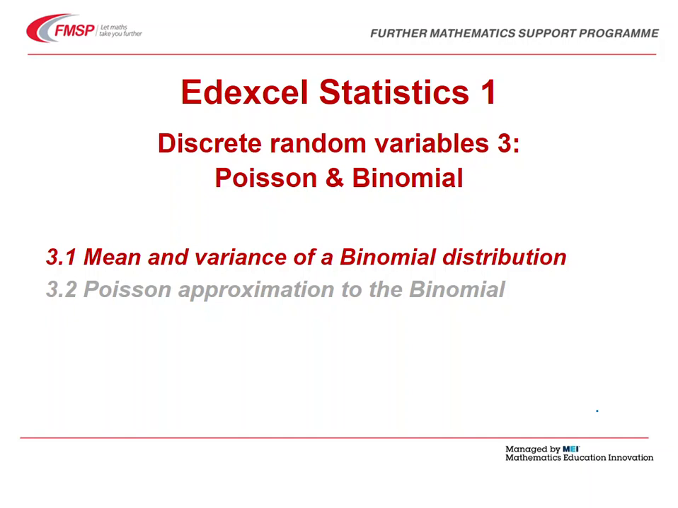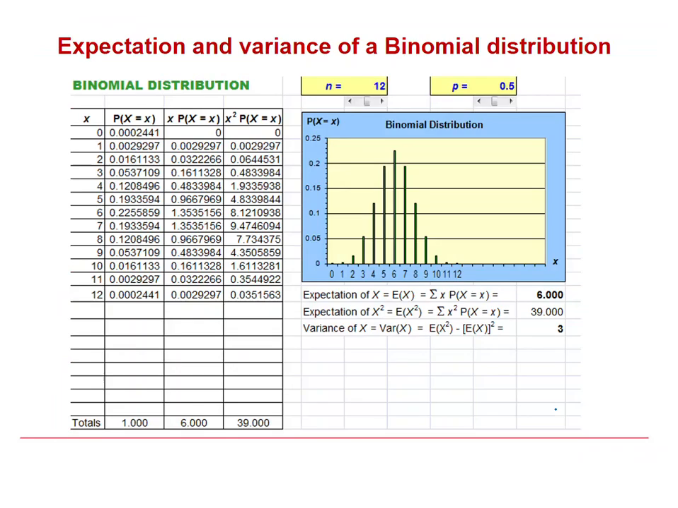Because the binomial distribution is a discrete distribution, we can find the expectation or mean of x by multiplying the individual outcomes by each of its associated probabilities, and the variance by calculating the expectation of x squared minus the mean squared. This slide is showing that process for the binomial distribution with n equal to 12 and p equal